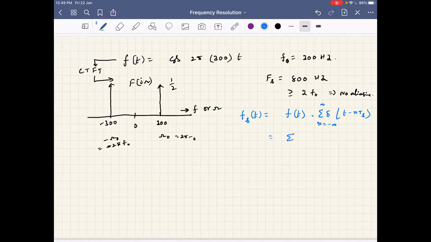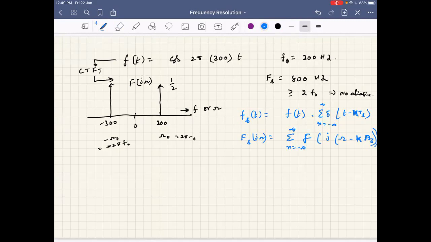So this you can write as the sum from n equal to minus infinity to infinity. Multiplication here becomes convolution in the frequency domain. So Fs of j omega, I am directly writing in the frequency domain, you can write it as F of j omega minus k into omega s. Let us write k just to distinguish from the conventional n. So what is omega s here? Essentially, the sampled spectrum